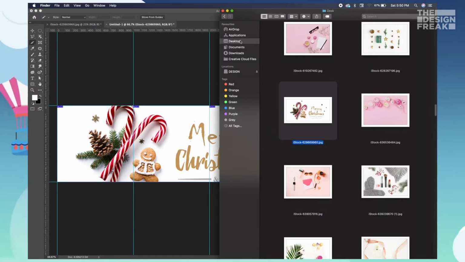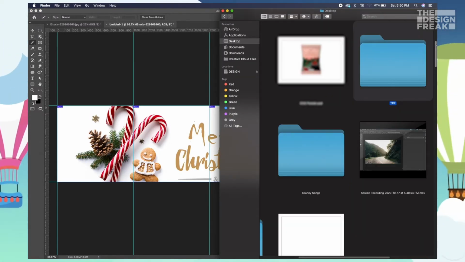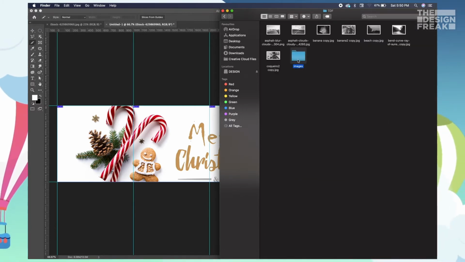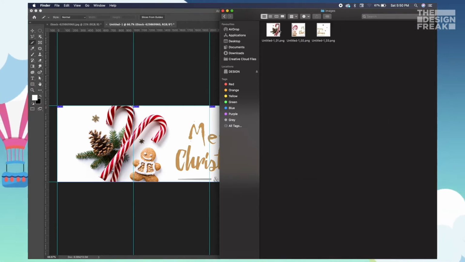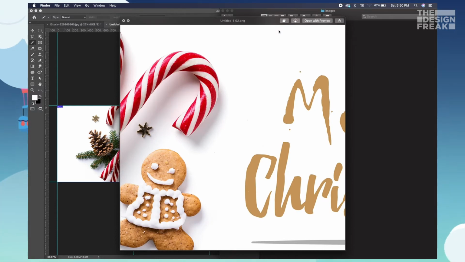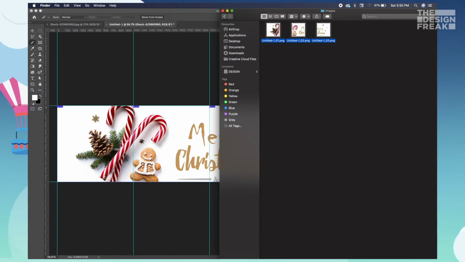Once you go on your folder, right here, there will be your image folder by itself. You can double click on that and you will see that these images are done. It has been divided in equal grids, which is right here.